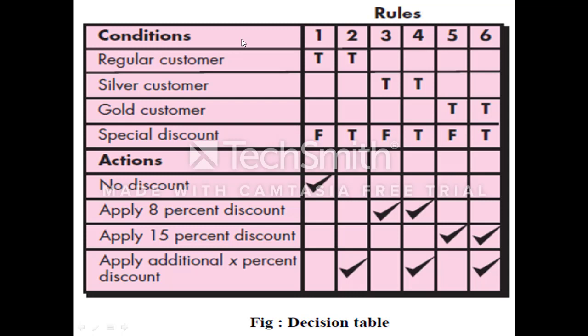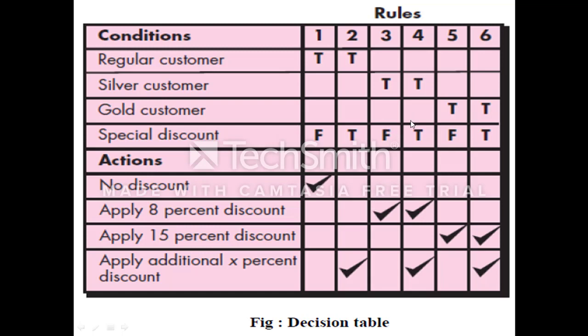Next, the lower left hand quadrant contains the list of all actions that are possible based on the conditions. So all actions are listed here in the lower left hand quadrant. In the right hand quadrants, again there are two sections.